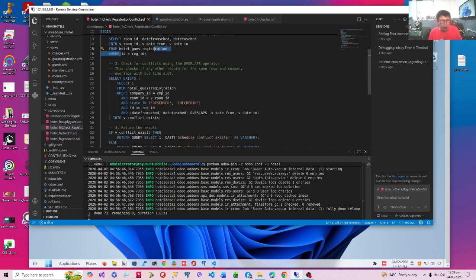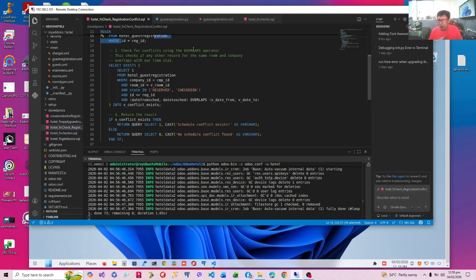After fetching the schedule, we now are going to execute a select statement. We are going to retrieve all registrations that are in reserved and checked-in state, because draft registrations cannot be a source of conflict. So registrations which are reserved and checked in, and where ID is not equal to this registration ID, because of course the registration will have conflict with its own schedule. That's why we are eliminating registrations other than this one.